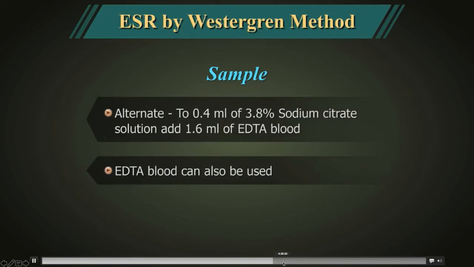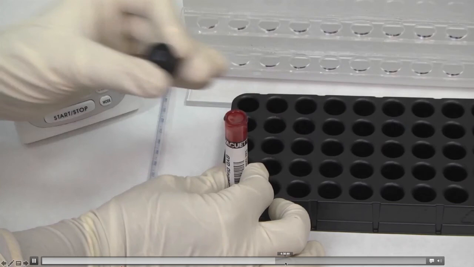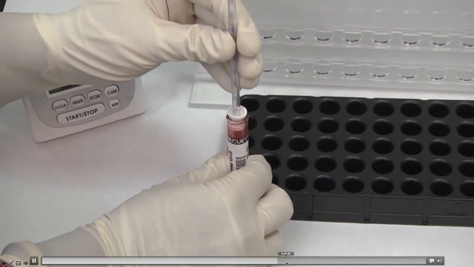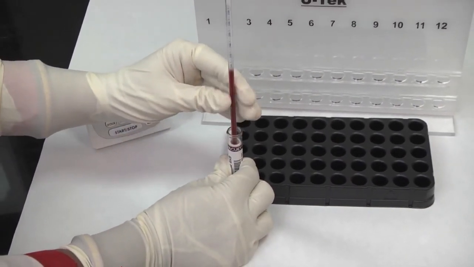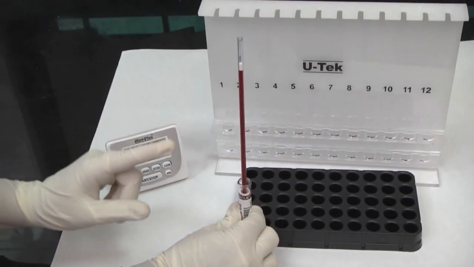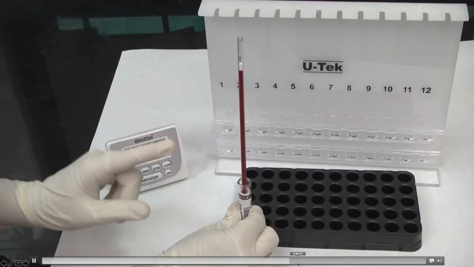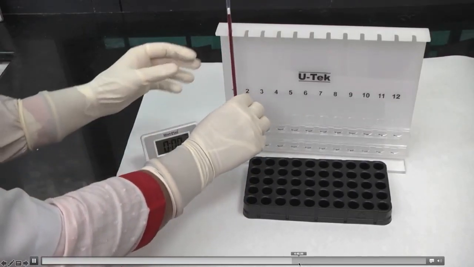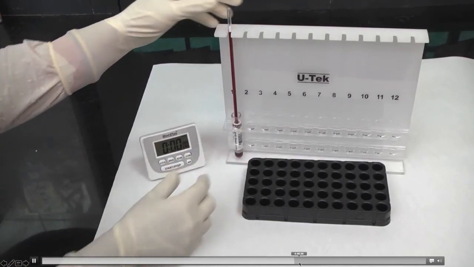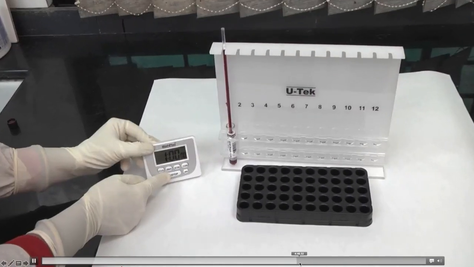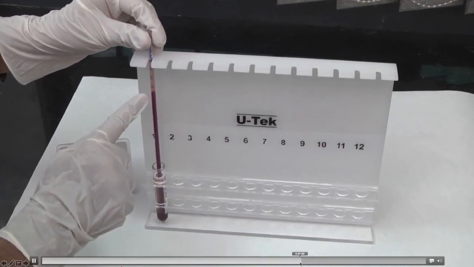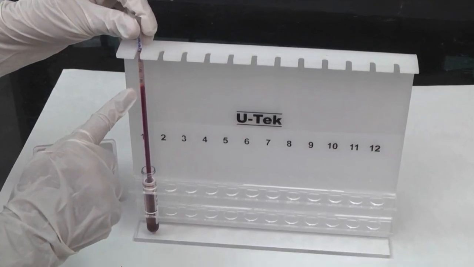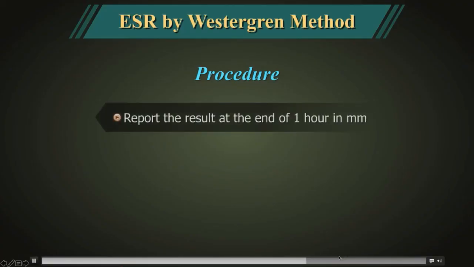open the vacuotener gently. The sedimentation pipette is inserted into the tube right to the bottom of it. The mixture is thus forced upwards, and due to the zeroing system, the column falls exactly to the 0 mm position. Place the tube with the pipette into the stand provided, maintaining the serial number of the samples. Set the timer for 1 hour. Exactly after 1 hour, note the level to which the red cell column has fallen. Report the result in terms of millimeter results and into.